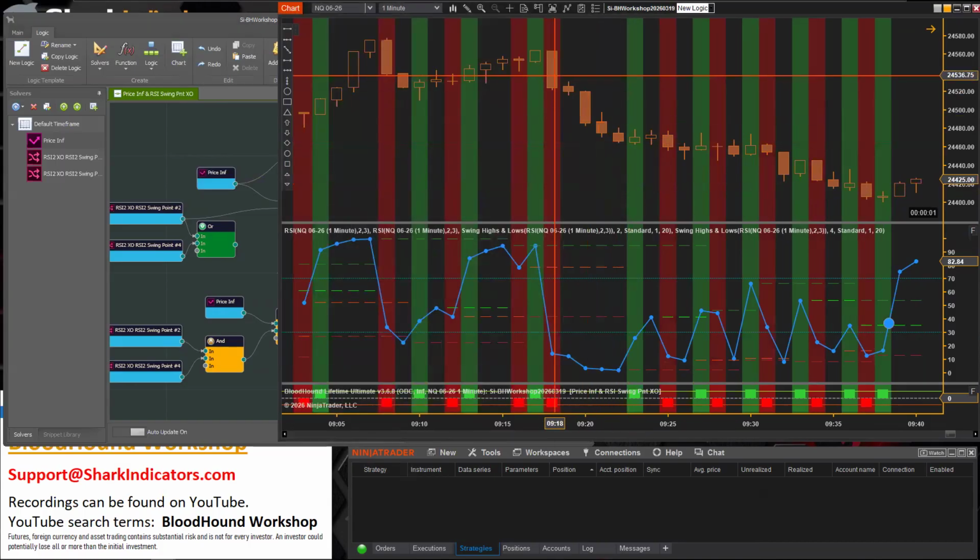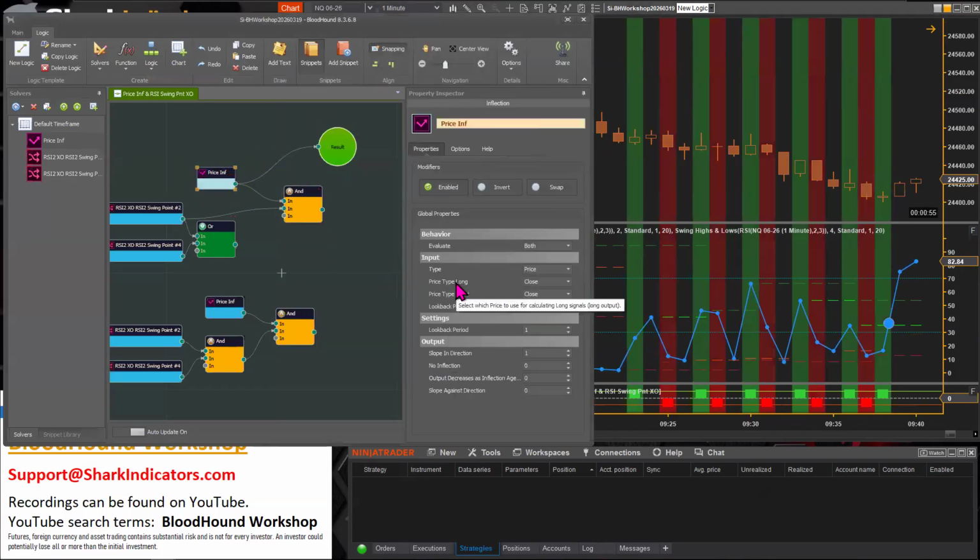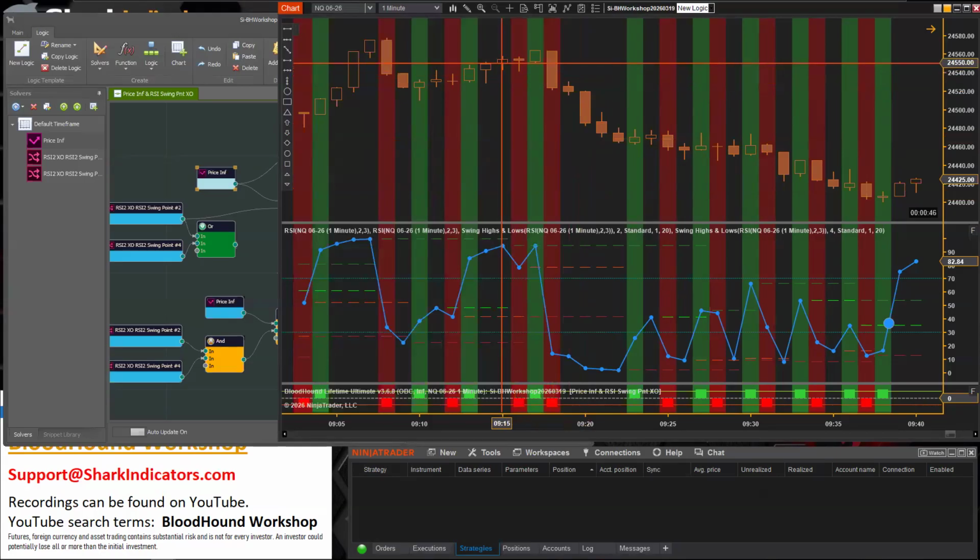And it's only marking when, well, I shouldn't say the bar, more specifically, when the closing price reverses direction, right? So basically, we have an up bar and then a down bar. So we got a short, and then an up bar, so a long, and then a down bar, short. But this bar is not reversing direction, it's continuing to go down. So there's no output there.